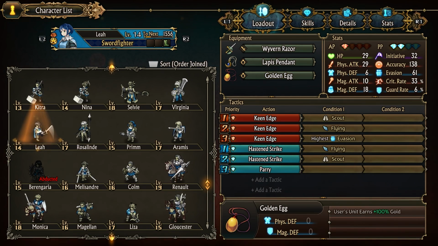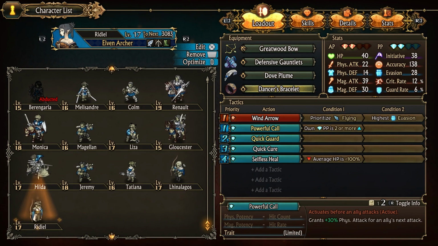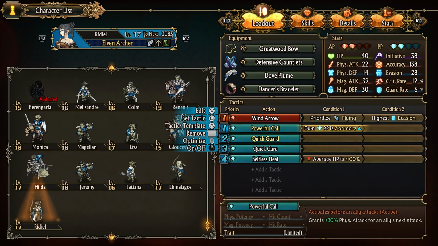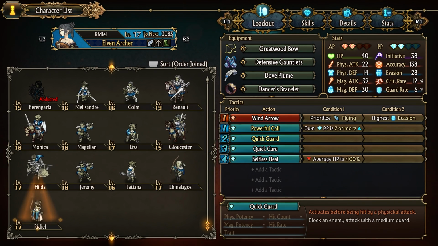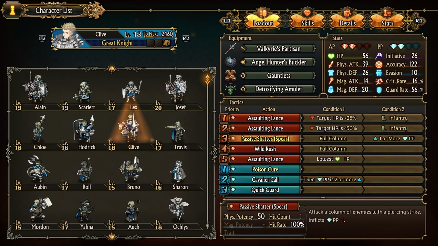Ridiel got a Dancer's Bracelet. So once again, that grants plus 30% physical attack. And we put that one pretty high on this list, but only if she has 2 or more. That way she'll have at least 1 PP to deal with any of these things down here. So that's Ridiel. And then last one is Clive, who I gave a detoxifying amulet to, just because I had